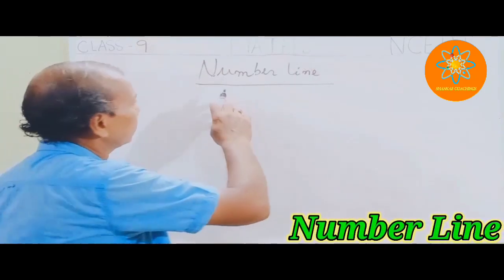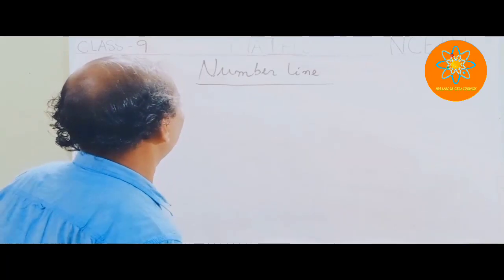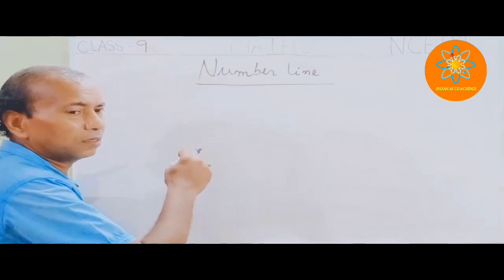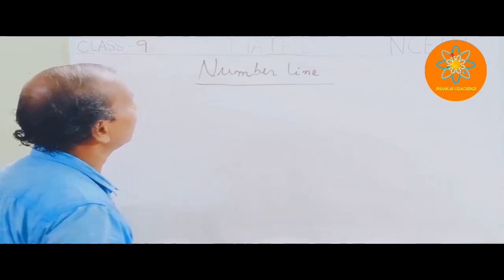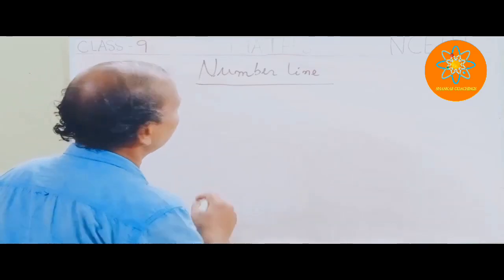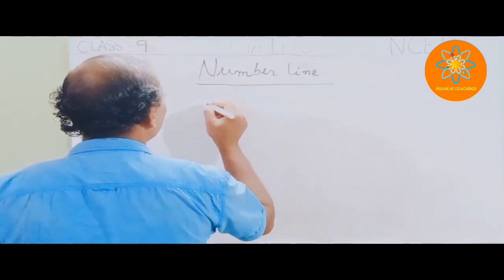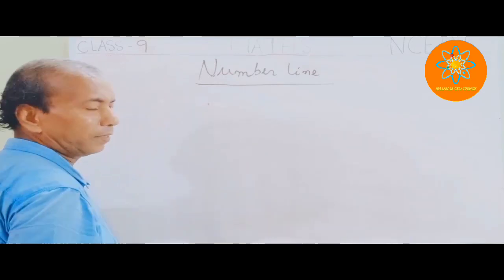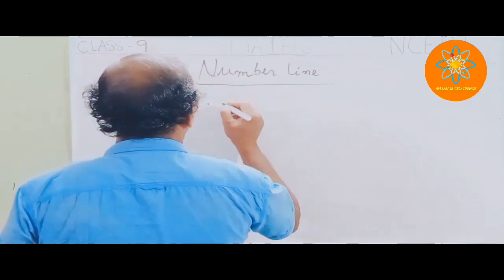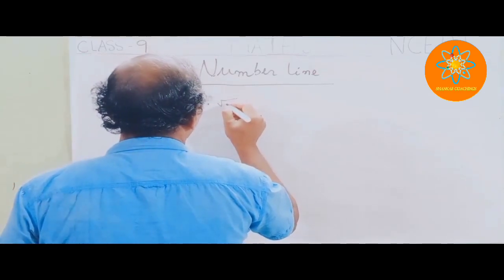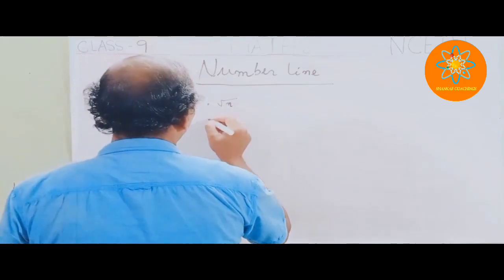Now let us see the next topic, that is the number line. Number line means what? We just represent whatever the number you have to give on the number line, that is the meaning of that one, the representation on the number line. So there are three things which we can represent on a number line, seeing the number system. First one is suppose root of any natural number is given, and the second one is any decimal number,